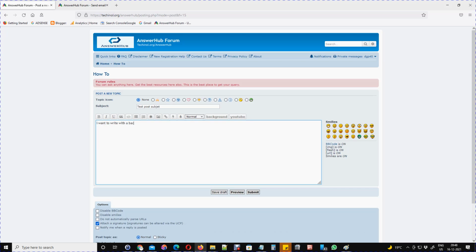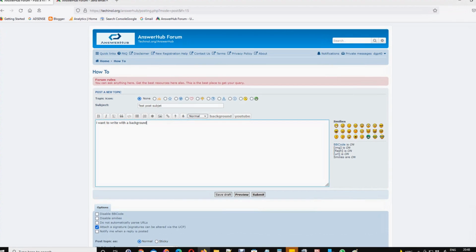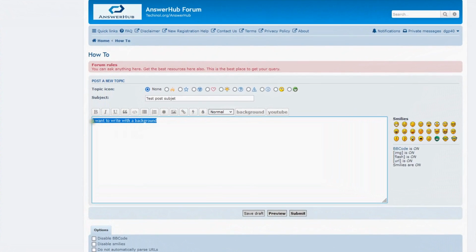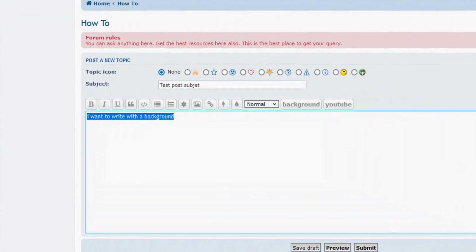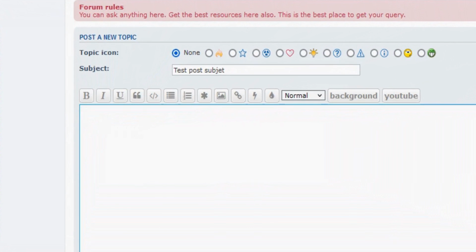Friends, I am going to show you the one BB code that I have applied here. You just click here and you write the text inside this code. Now what you have to do, just write here the color code of the color which you want as a background.